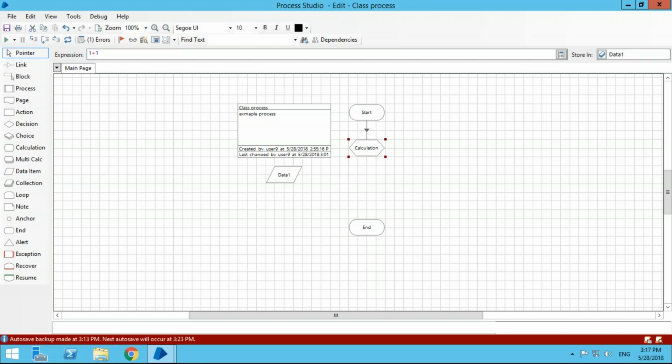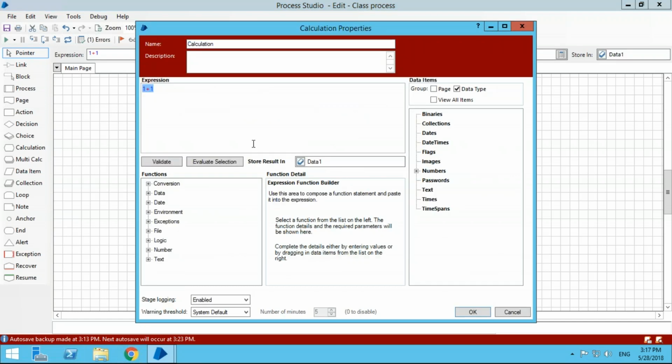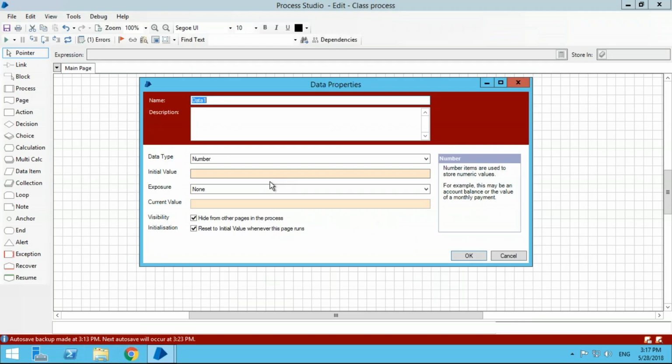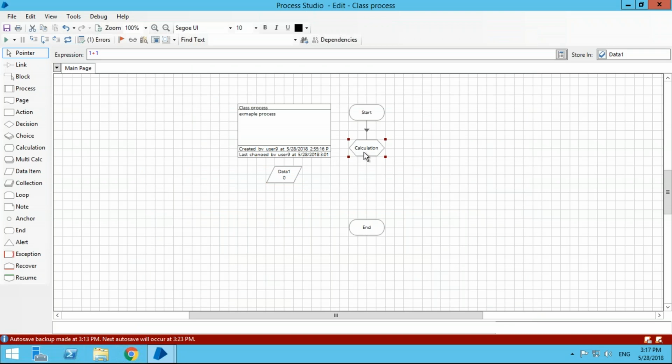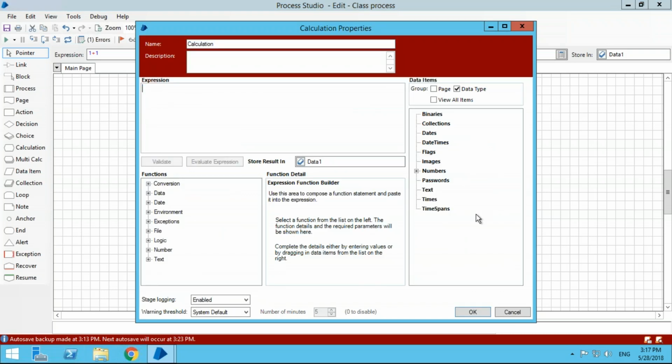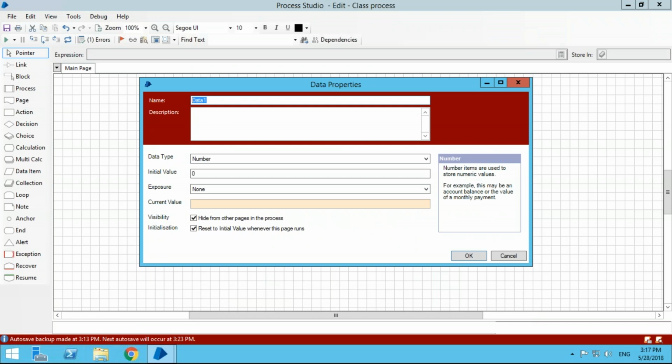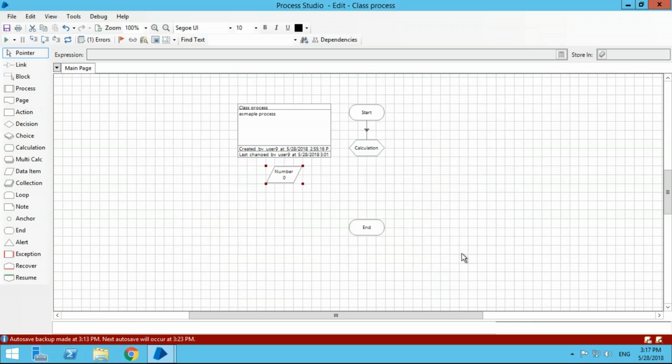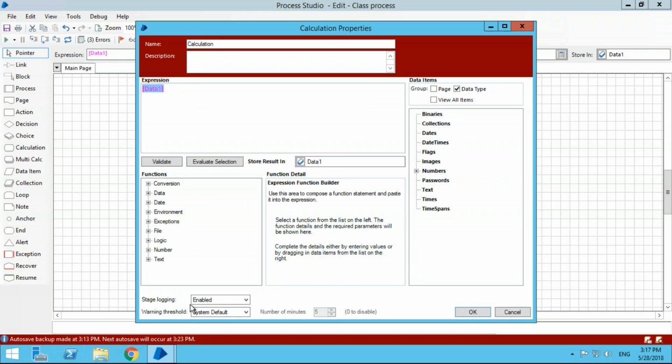Okay, so let's say I want to add. The good thing about it is when you have a data item, let's put an initial value of 0 in it. Okay, and then I can reference a data item in here. So I can drag that data item into my expression. Okay, so let me actually name this into number, just so that it's nice and clean. Now I renamed it there, and if I go back in here, it's not going to rename it in my expression. So be careful about that. Make sure you drag it back in there. Again, here as well. After I've renamed it, it's not renamed it there.